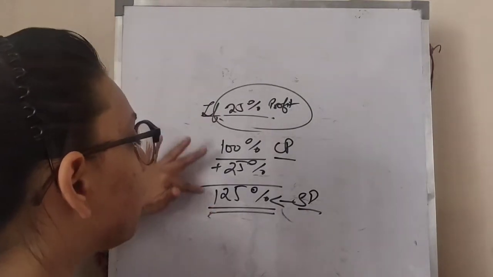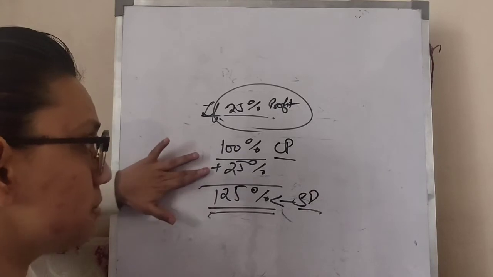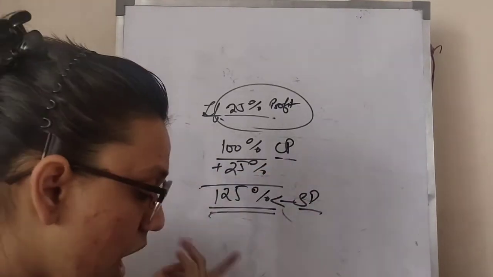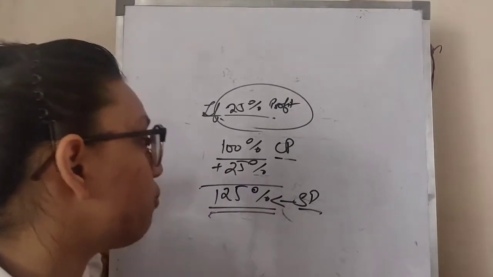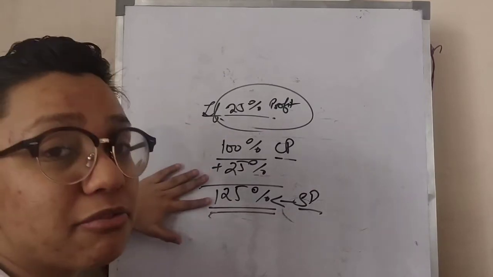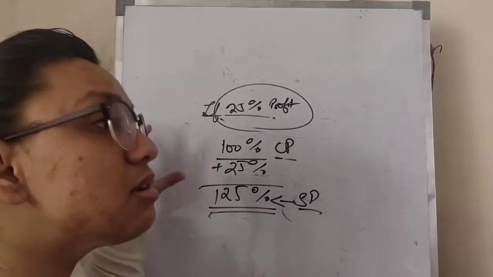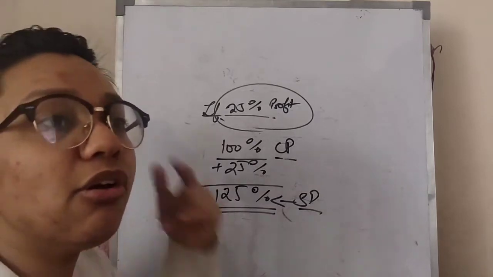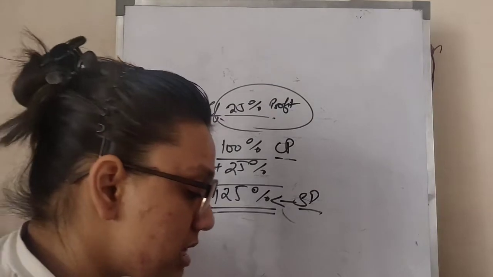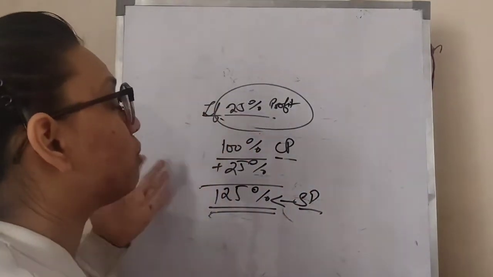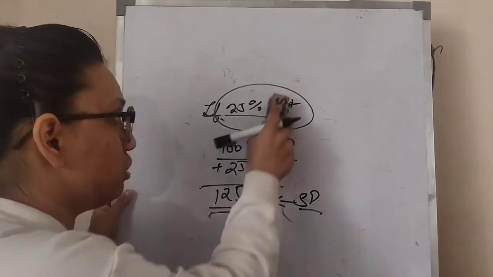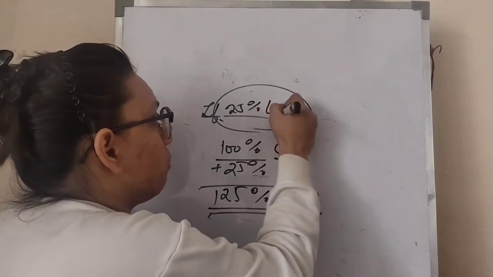So here we work with cost price, selling price and profit, and as you can see, this is my CP. This goes on with the prices also. For example, if I take 100 as my price, 25 will be my profit, and then 125 will be my selling price. You have to keep these things in mind to calculate the profit and selling parts. Now if I have to calculate a loss, for example I need to maintain a loss of 25%, and I'm taking a loss over here.